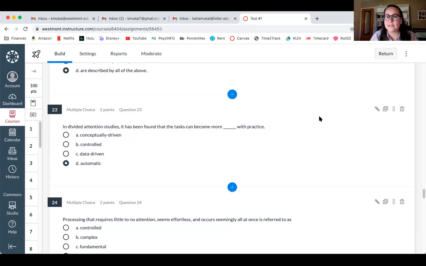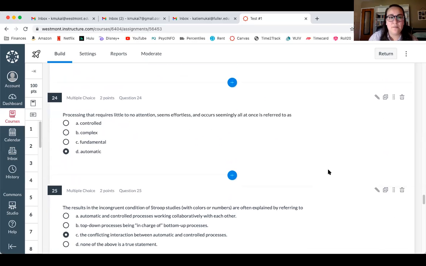But eventually with practice, because you're able to divide your attention, and because the mind has these more efficient ways of using our attention, we're able to automatize some of that. That's why we have these experiences of autopilot, right? If you've ever gotten in the car and driven somewhere and gotten to your destination and been like, I literally have no memory of driving here. Like, did I obey the rules of the road? Was I speeding? I wasn't attending to what I was doing, because there was this automaticity of that task as well, because you had practiced.